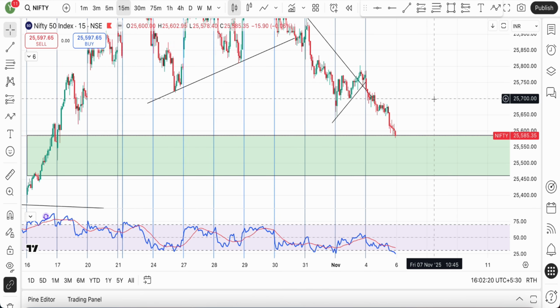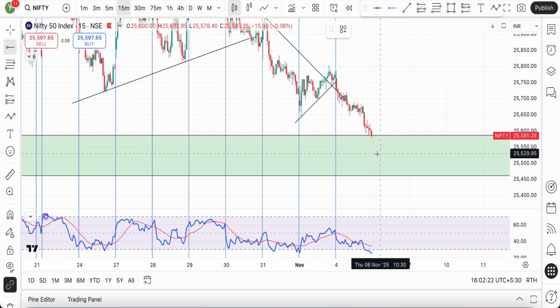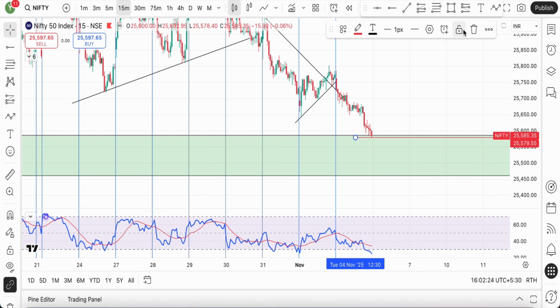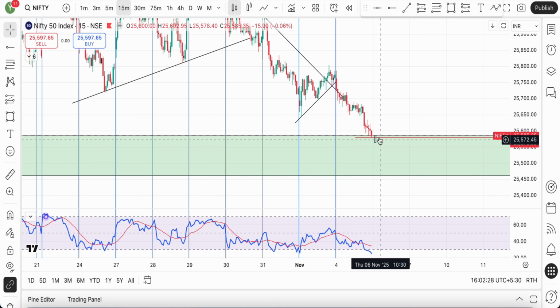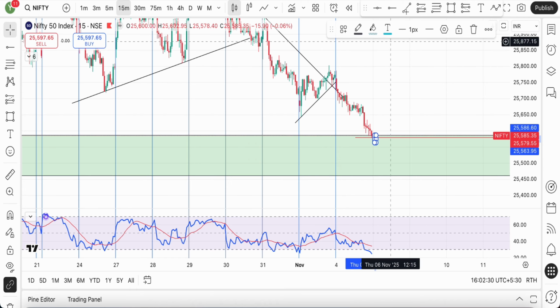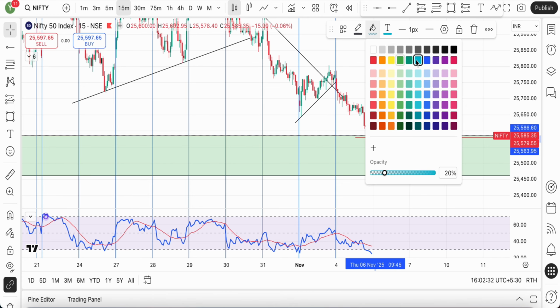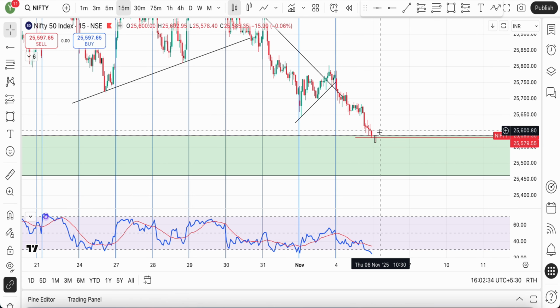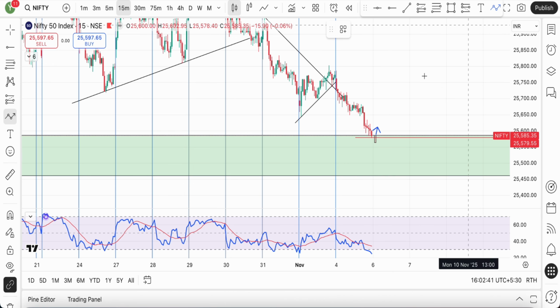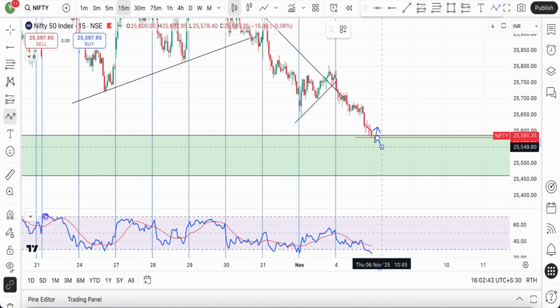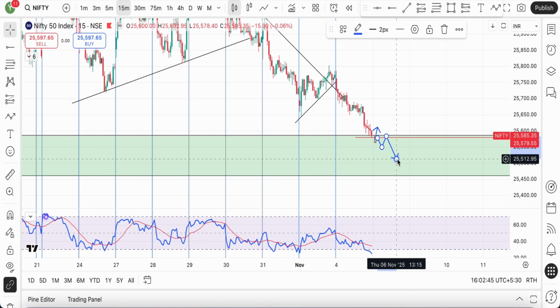For tomorrow, scenario number one will be the trap scenario. Market opens flat, gives us a negative closing or a negative candle, and then that high of that candle gets taken out. We can look for a trade on the long side. Below this, we are short,